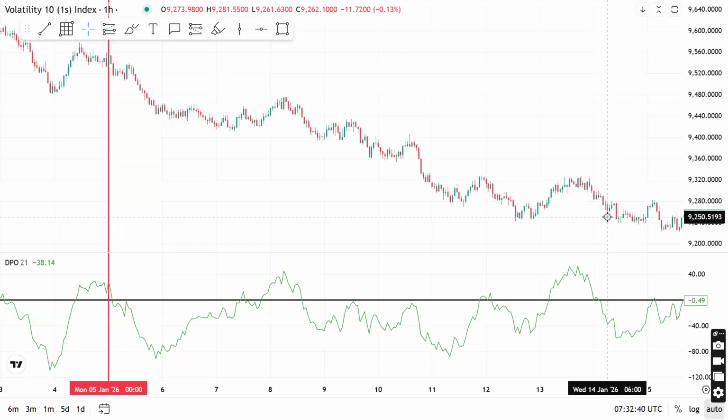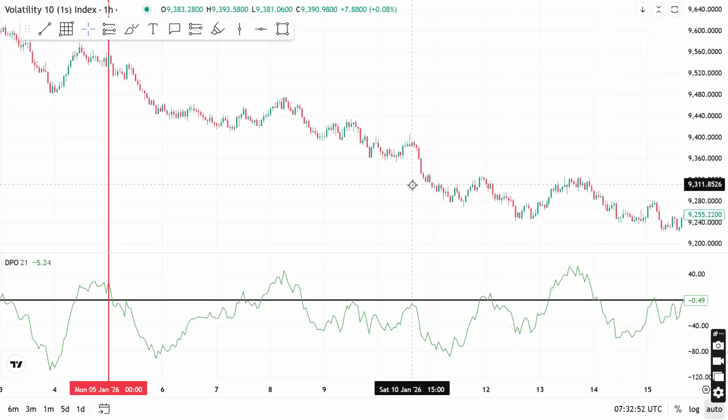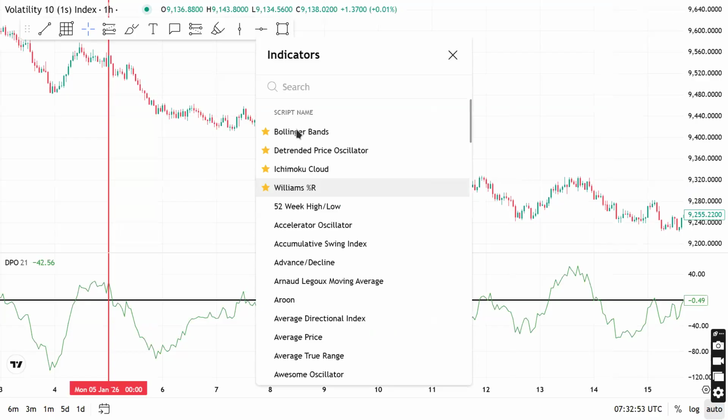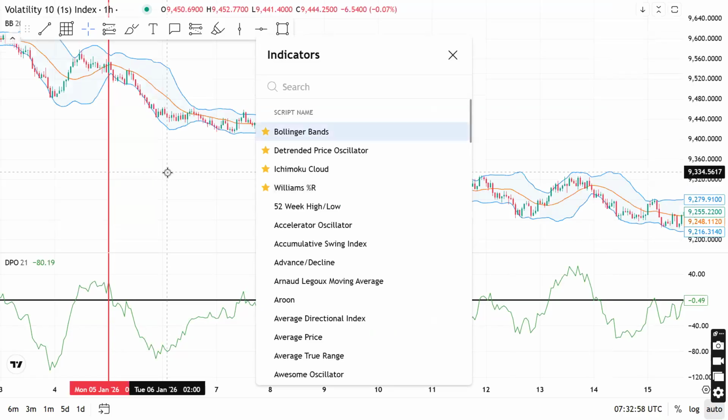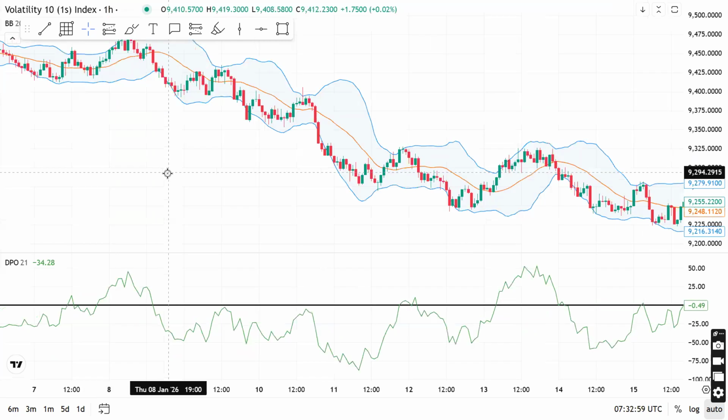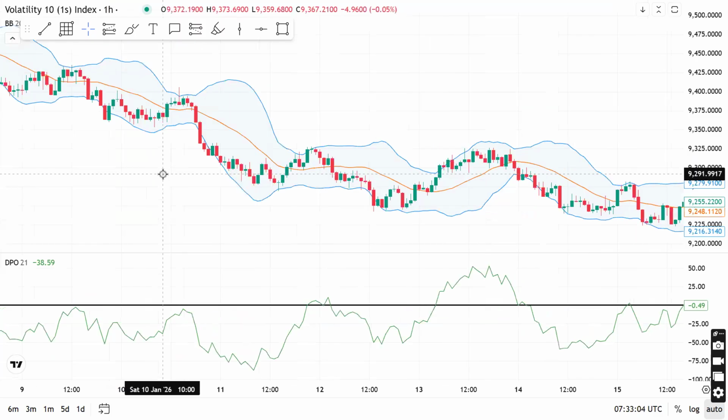A sniper entry model in line with the trend. So how does it work basically? The next tool you must use is a Bollinger Band. Now, the reason for this Bollinger Band is because